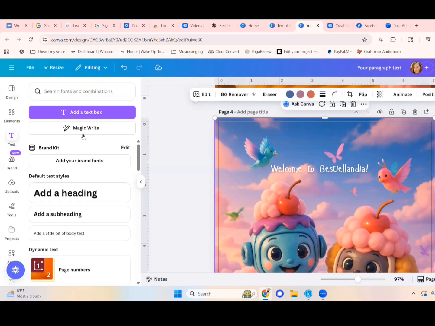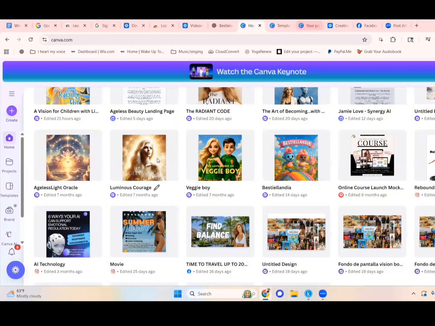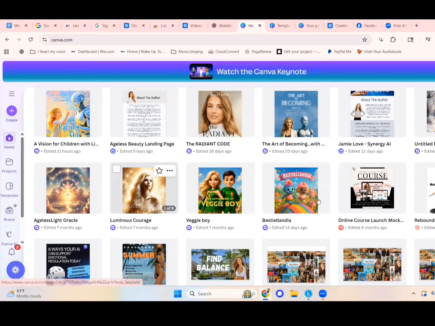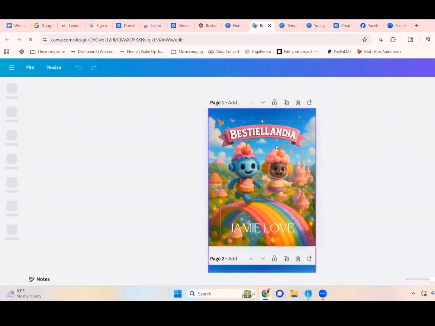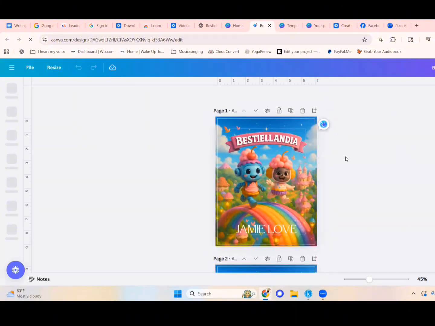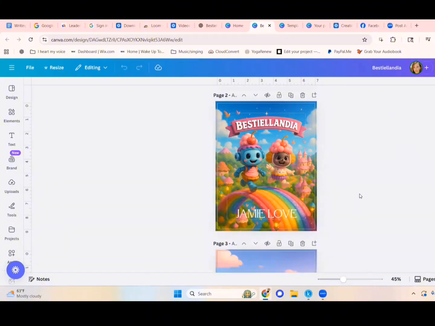So now what we're going to do, I'll show you how I got the words. Actually, let me go to here. So what I did was I got all the images. I put it, I aligned everything. So I'm going to show you exactly how I got the storyline, okay? Here's the cover. Then the second one, that's the title page. That's what you see when you first open the book.